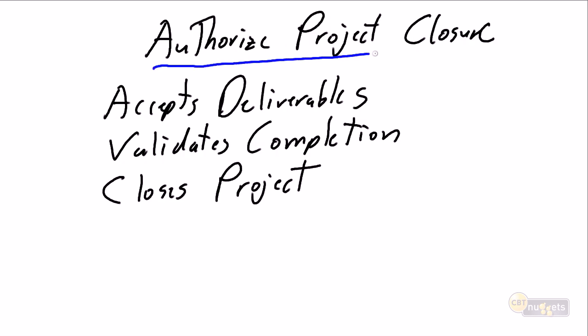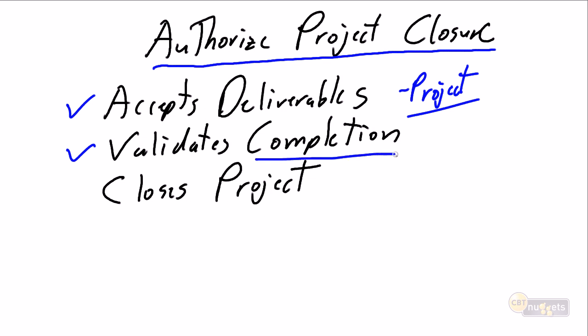And our final direct the project activity for senior management is authorize project close. Much like they're going to do at the end of every stage, they're going to accept the deliverables from the last stage, and they're going to accept all of the deliverables from the project, saying, yes, Steve, the team has completed everything that they promised to do. And they're going to go a little bit further than that. They're going to validate the completion. They're going to make sure that all of the i's and t's have been dotted and crossed, that the project is truly 100% complete.